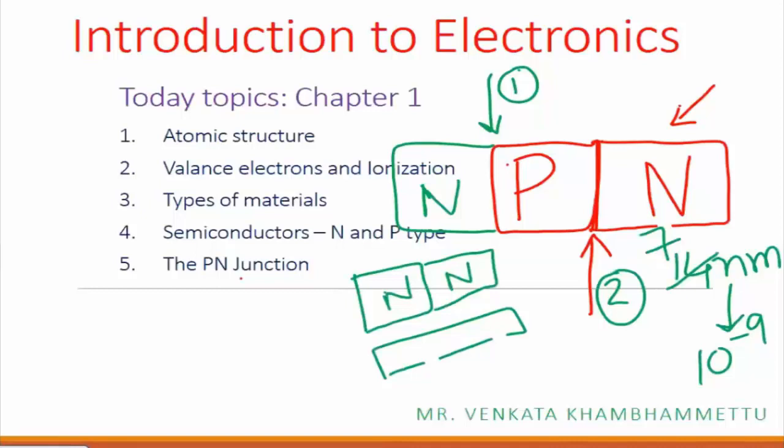So you will see later on, when forming a PN junction, what is supposed to happen, which will not happen when you have a junction between two of the same materials, right? So it's not useful. Of course, you can form a junction, but it doesn't serve any purpose,